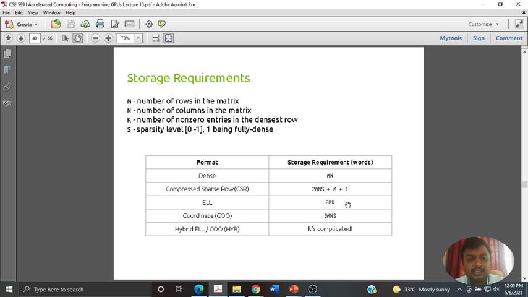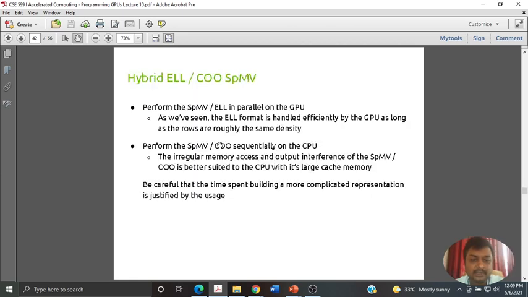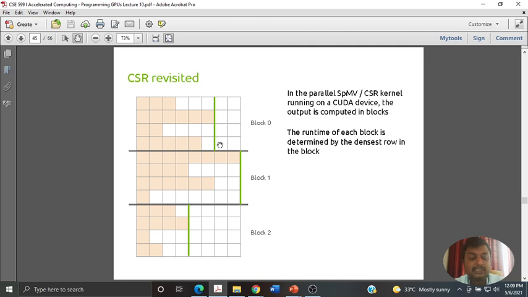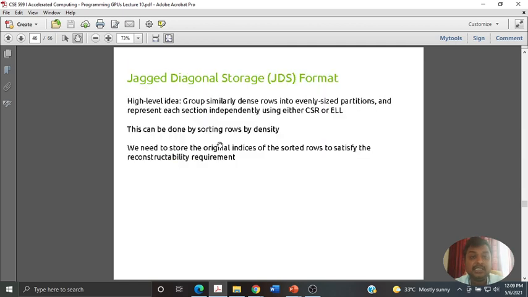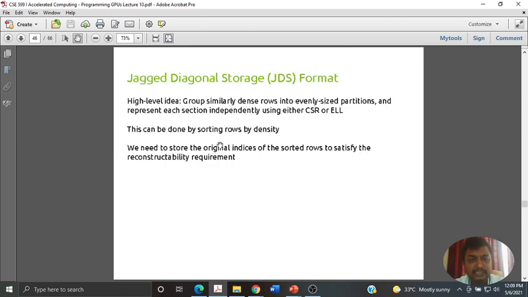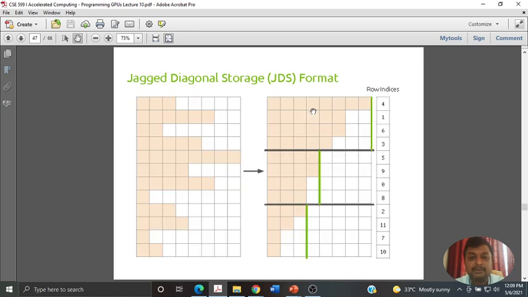And the memory savings that can happen with respect to this are indicated by these formulas again. So after this, where we stopped is basically jagged diagonal storage. So JDS was the format where the idea is basically to sort the matrix from large to smaller, upper triangle or lower triangle, whenever you are sorting that.